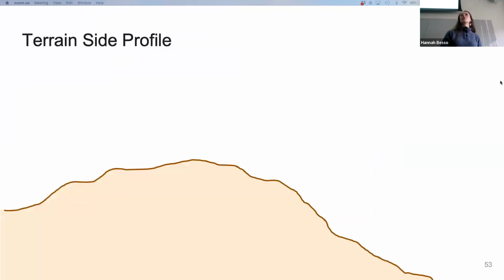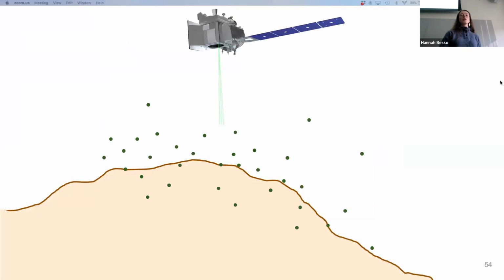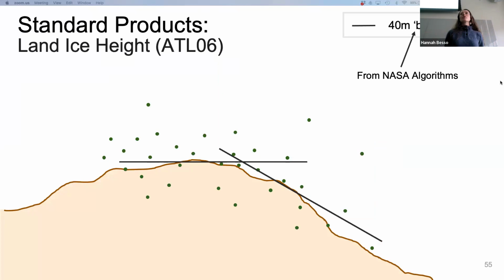So here we have a terrain side profile. We can imagine ICESat-2 orbiting over that terrain and collecting elevation information from these photon returns. And they'll be distributed about the true terrain surface elevation. There are several standard data products that we can access through NASA,